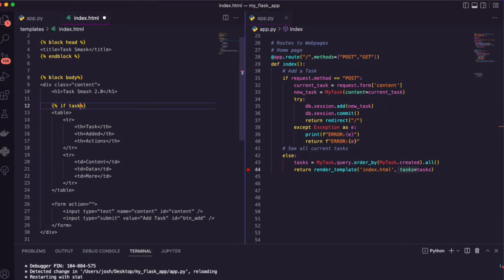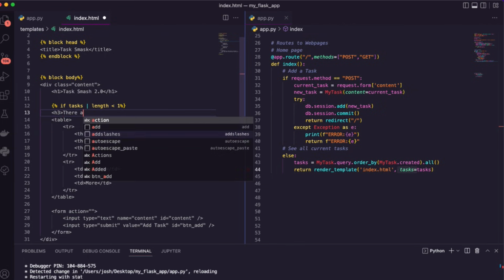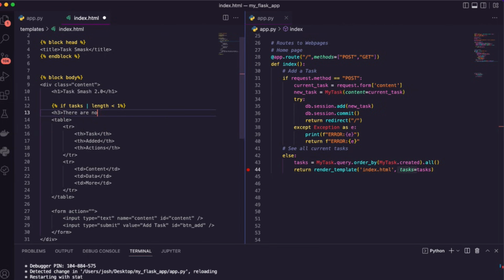I'm going to say if tasks, that's what I created. I'm going to say if the task length is less than 1. What does that mean? There's nothing there. It's empty. So what should the user see if there are no tasks? Let's say like H3, there are no tasks,